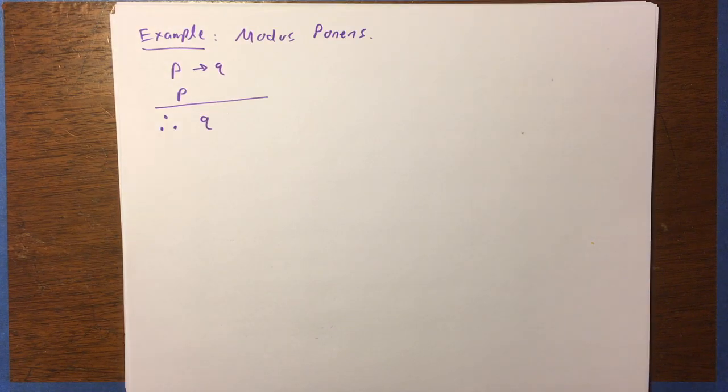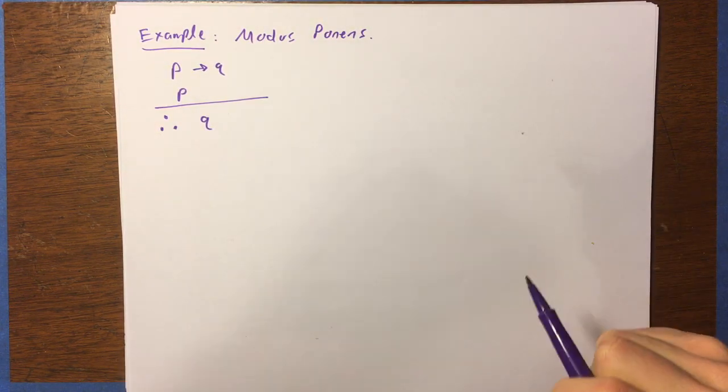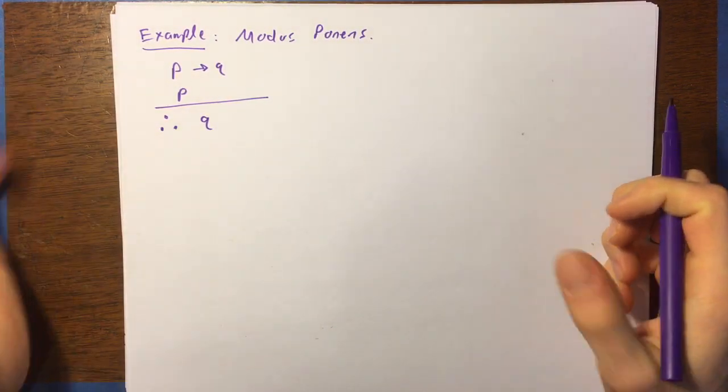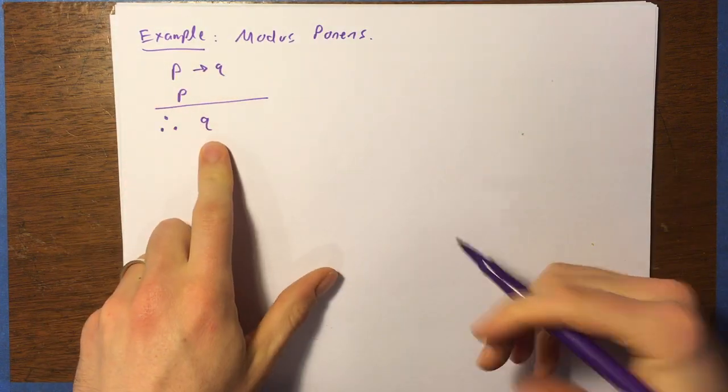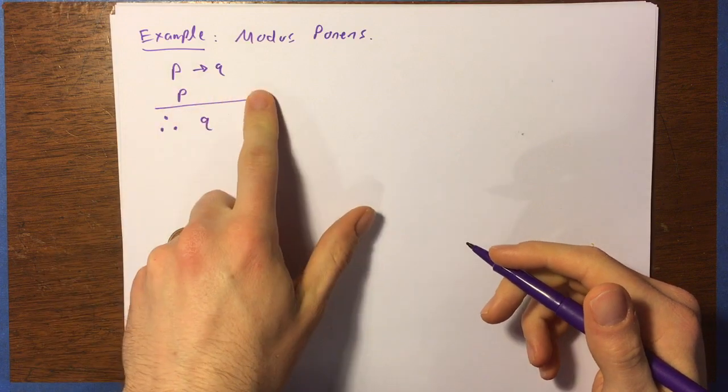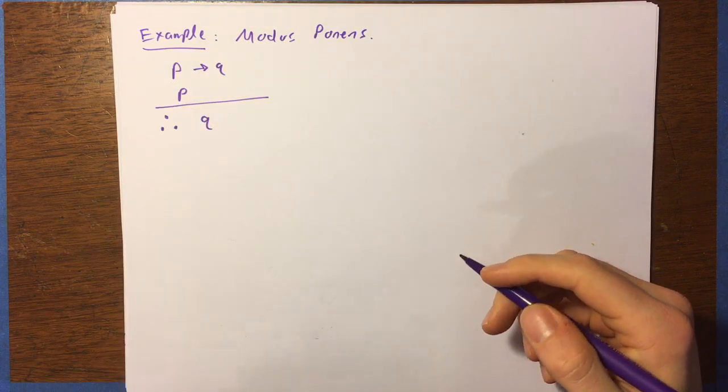Right. This is a simple example of an argument. It is one of a set of very small, simple arguments called rules of inference, and they all have Latin names. This one is called modus ponens. So modus ponens is a very simple argument. It just says if P implies Q and P, then therefore Q. All right. If P implies Q is true and P is true, Q must be true